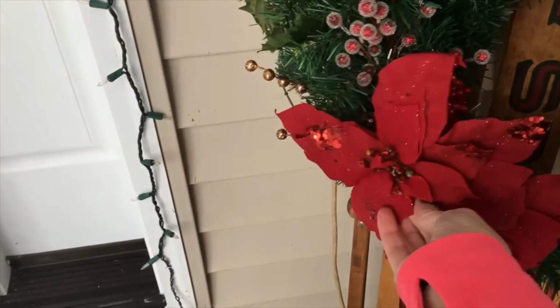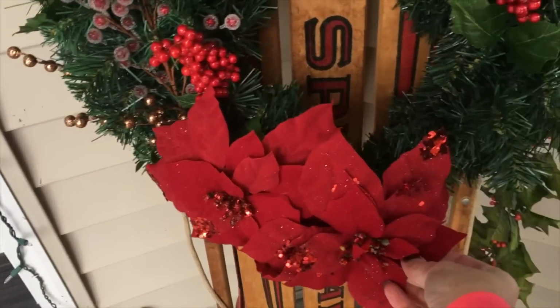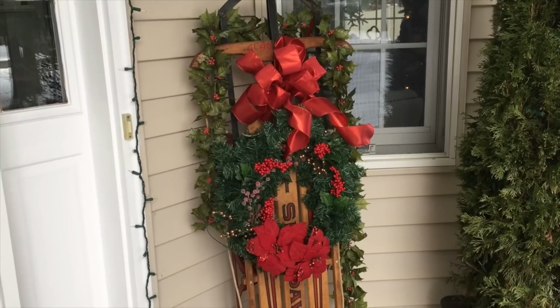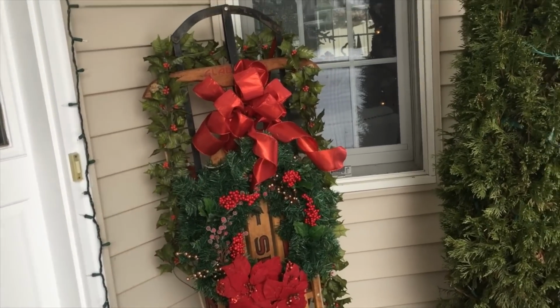Yeah, I think I'll do two somewhat on the bottom, just like that. So there's the bow kind of sitting on the top, and the last thing I'm going to do is